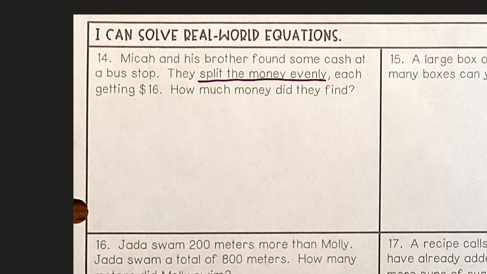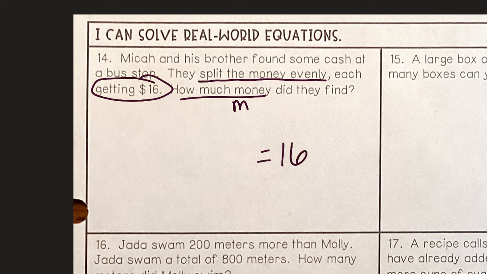And it says each is getting $16. So that is automatically our total. $16. Now it says how much money did they find? So the how much money is going to be our variable. And I'm going to put an M for money. Now, I know that they have how much they're going to be getting evenly. So that's the total. Now, they got a lump sum of money, right? We don't know what that money is, but we do know that it is being divided by 2,